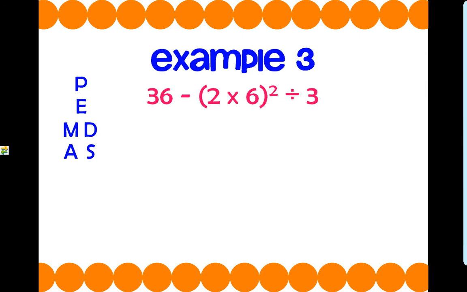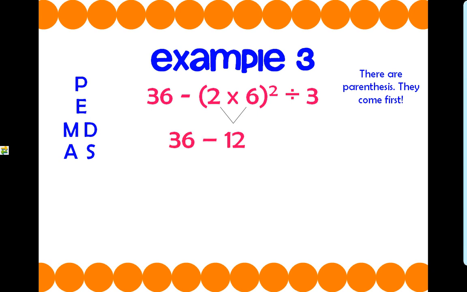Okay, now we've thrown in some parentheses and some exponents. So we do have parentheses, so we're going to solve that first. 2 times 6 will give us 12. Now we're going to bring down that 36 minus,